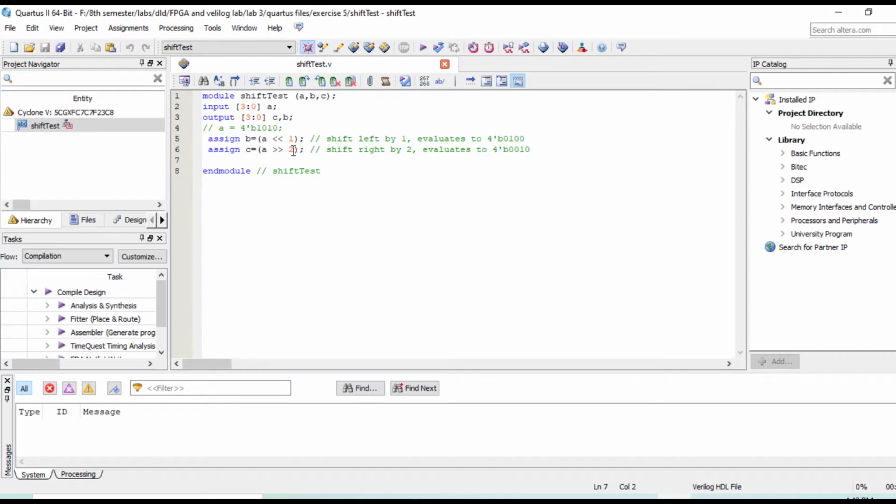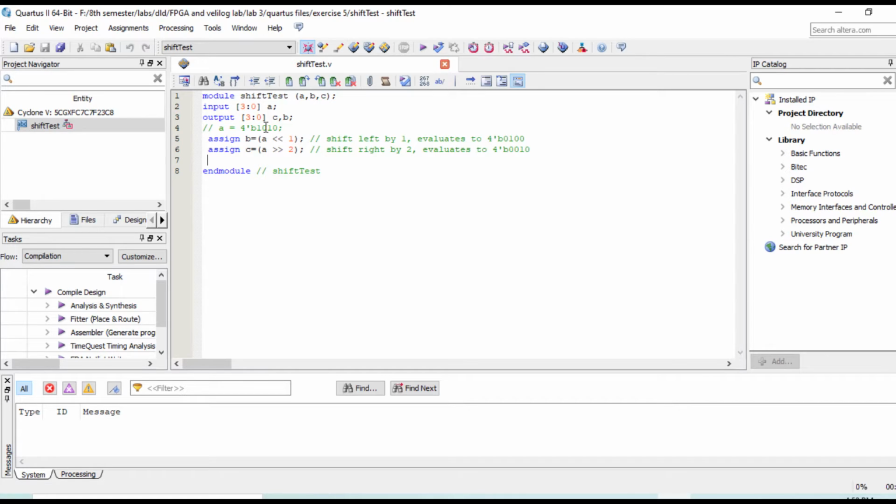Here you can see it is a right shift operator, and the value of a is shifted towards the right by 2 bits. Our output, which I declare in the comment, is 0010.